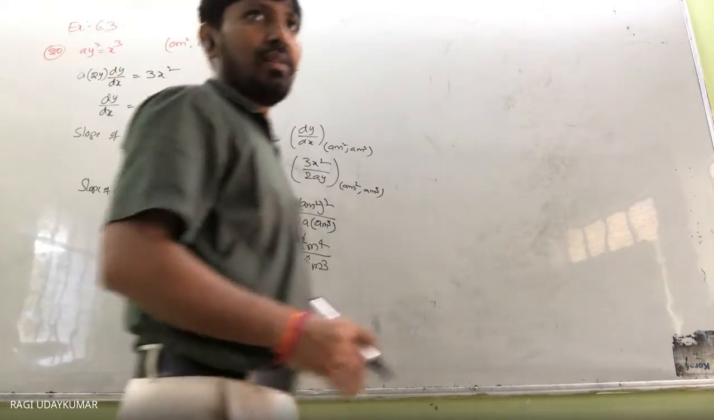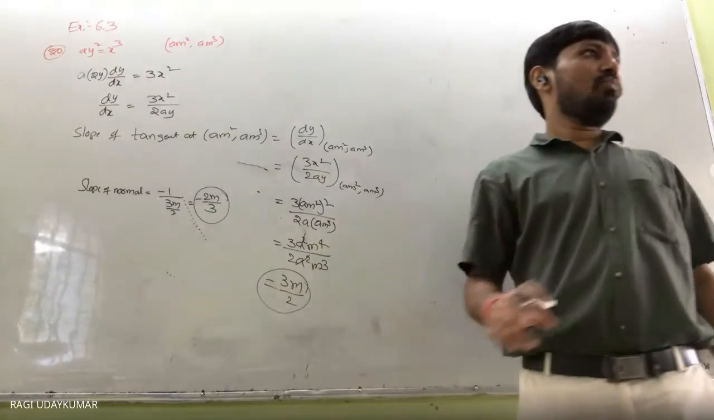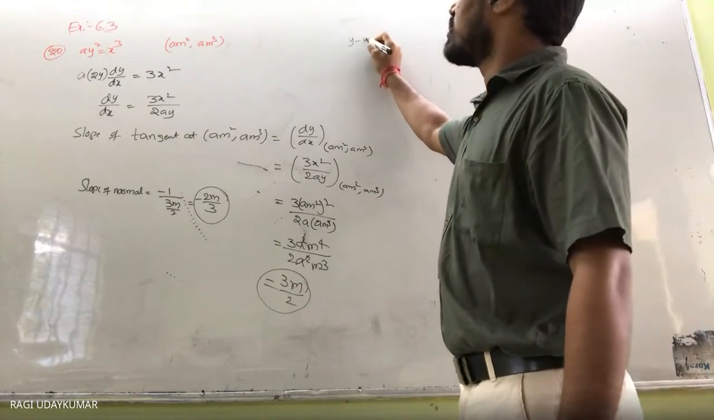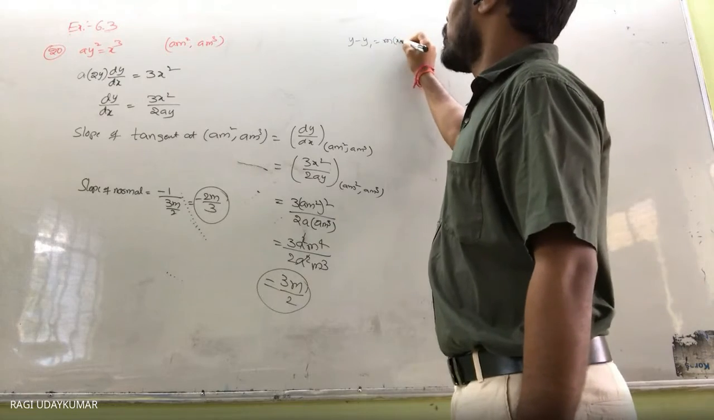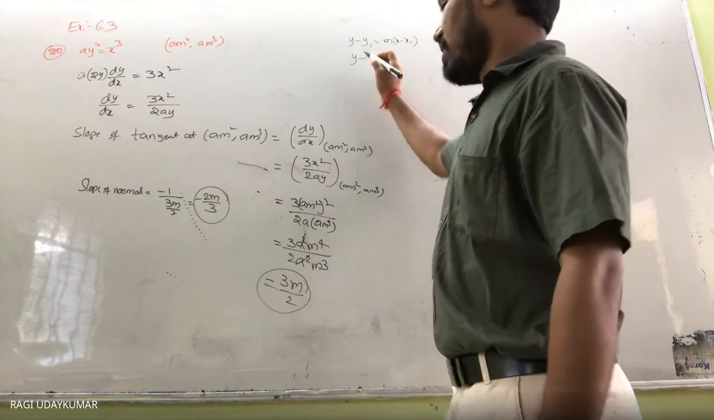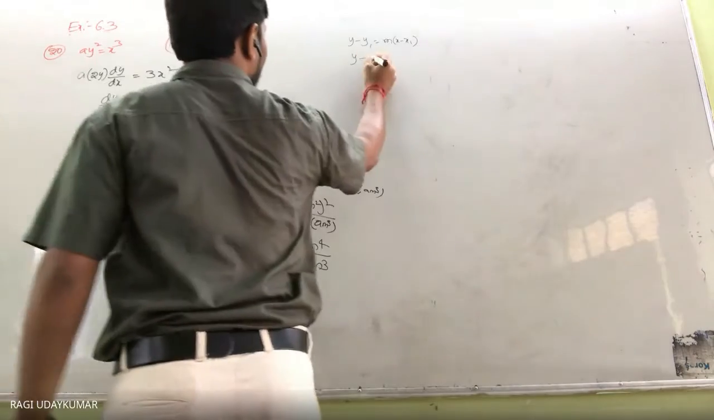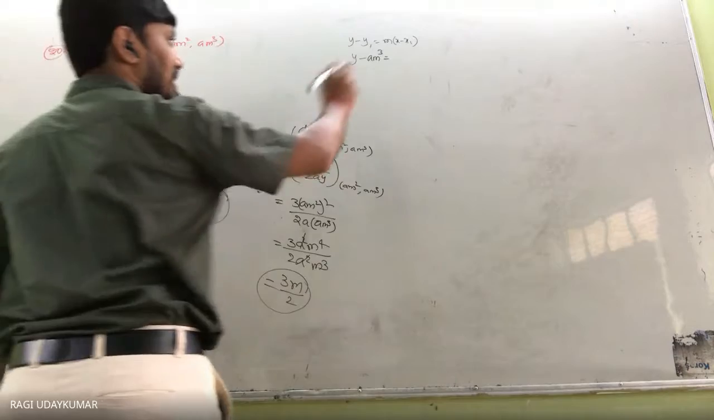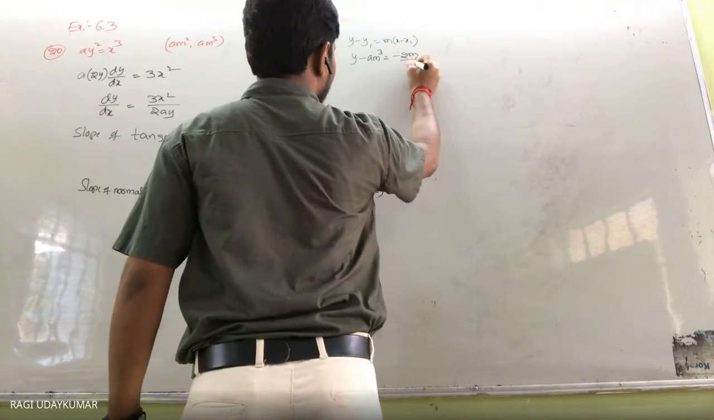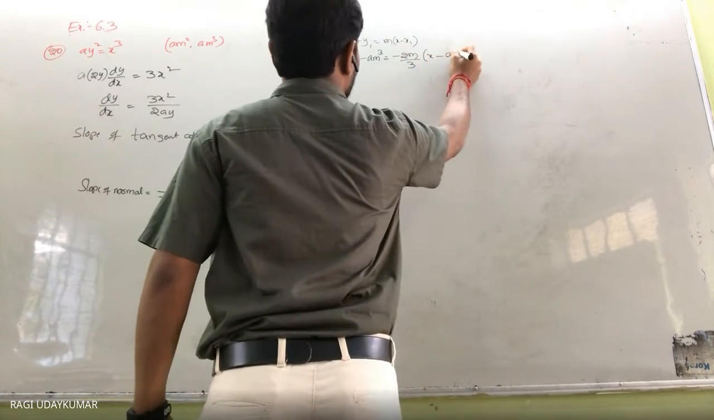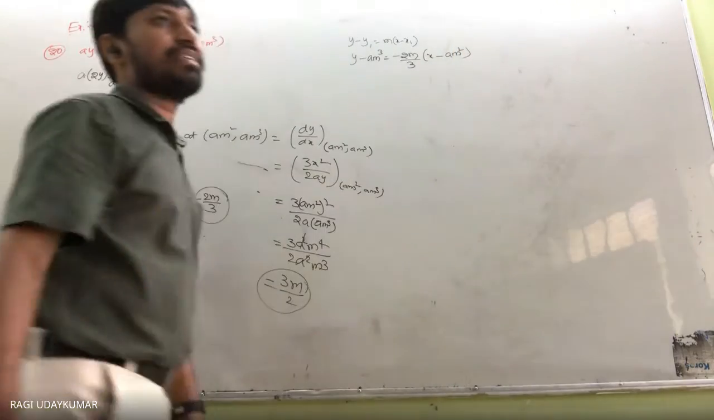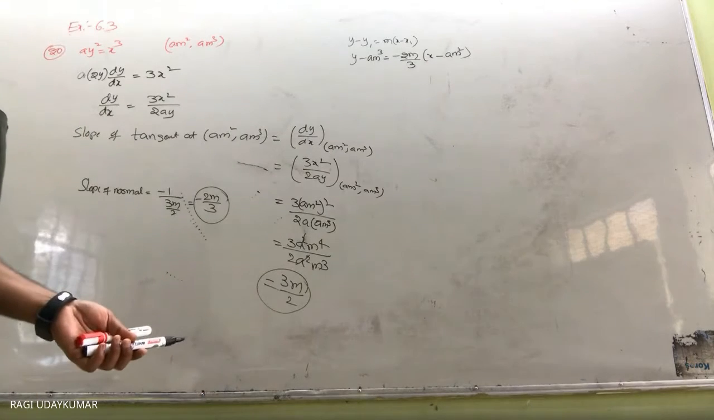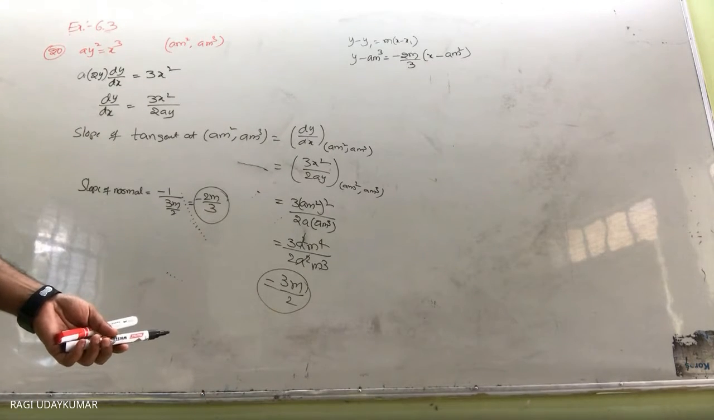We got the slope, and we have the point. What can we do? The equation of the line is y minus y1 is equal to m into x minus x1. So y minus y1, where y1 is a m cube, is equal to the slope, minus 2m by 3, into x minus a m square. Simplify this for x and y. Can you do it? It is not more complicated now. Vidita,